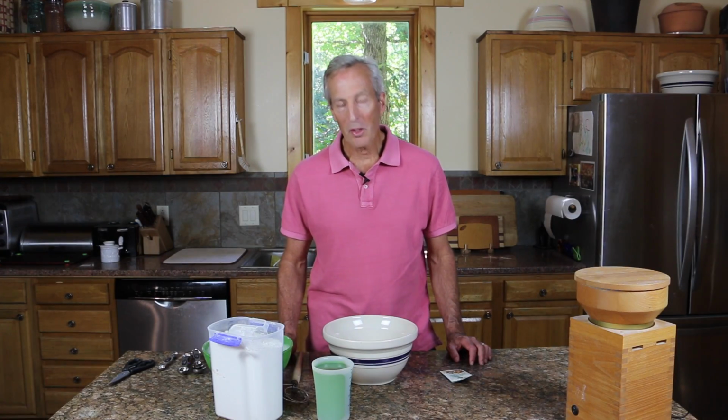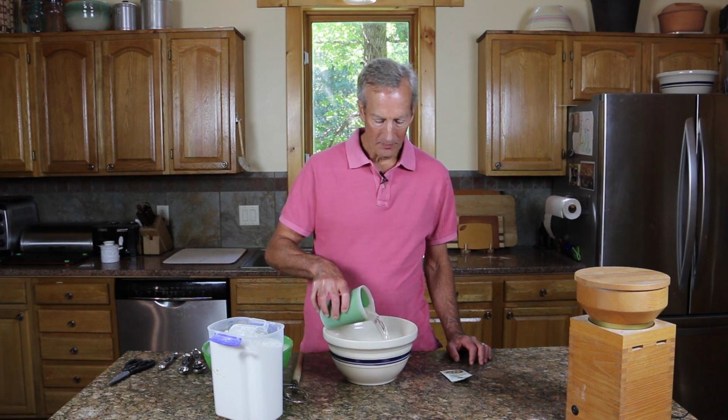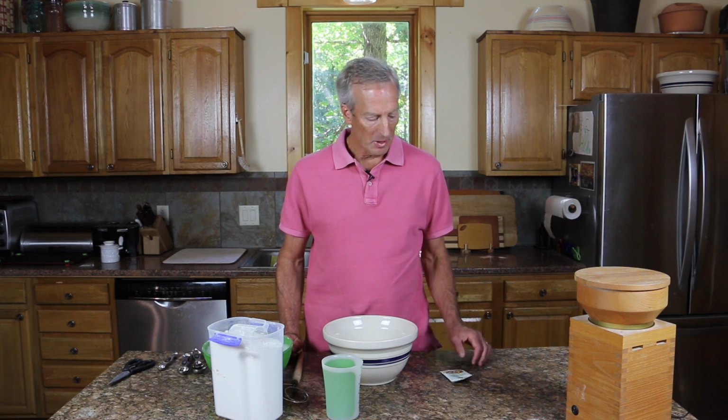As with the other loaves in the episode 1 videos, I'm going to start with a couple cups of water. Normally this is where I'd mix in some sourdough starter, but for the sake of showing something different and keeping with the theme of easy, I'm going to add a half a teaspoon of instant yeast instead. Not everyone has the time or desire to maintain a sourdough starter, but anyone can easily keep some commercial instant